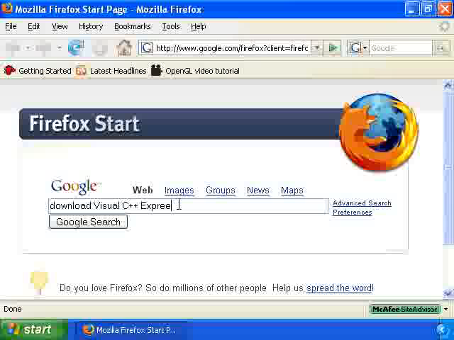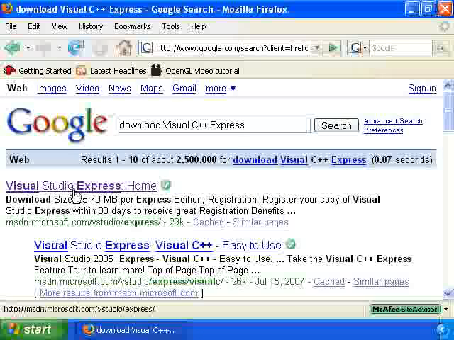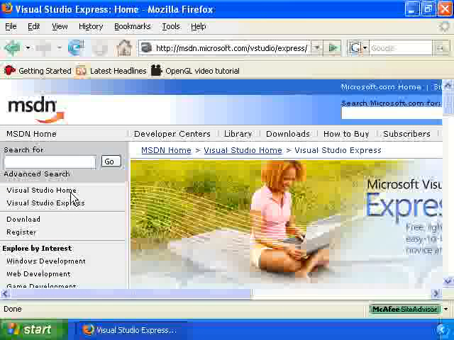find it. So you'll go to this site right here and you'll download Visual C++ Express and install it. And it'll also tell you to download the Microsoft Platform SDK, so you'll want to download that and install it. And it might say something about the Platform SDK being for Windows Server 2003. Don't worry about it, it's for every modern version of Windows. So once you've downloaded